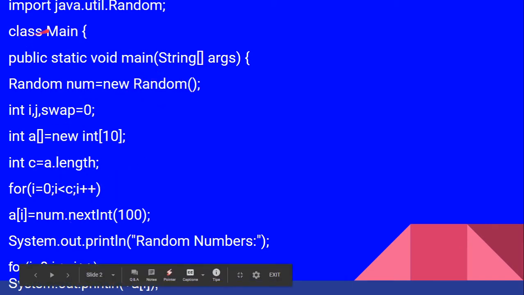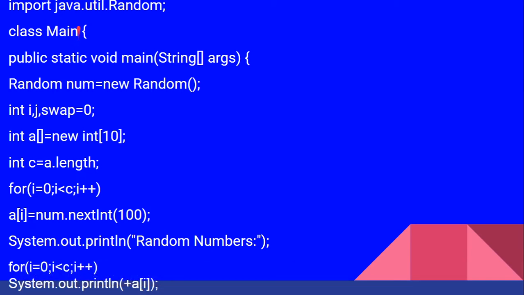Okay. So class Main. Since we are using an online compiler nowadays, we are using Main as the class name, but we can use any name. We can also note that this Main is not equal to this main. This is the main keyword that comes in the syntax of public static void main, but this is the user defined class name. This we can keep as we wish. Only thing is, once you use this class name, the file should be saved as Main.java. That's it. So class Main, open brace, public static void main String args.